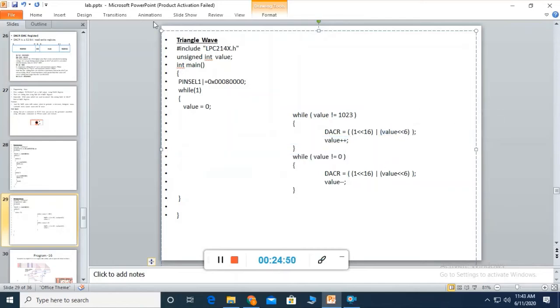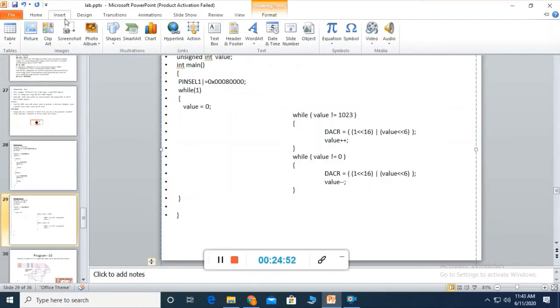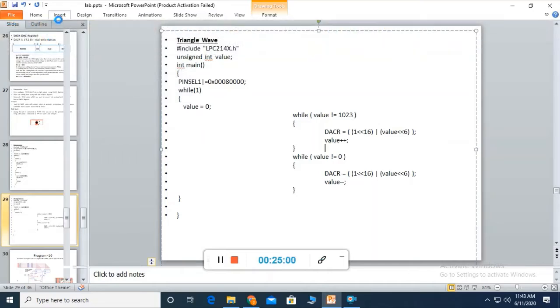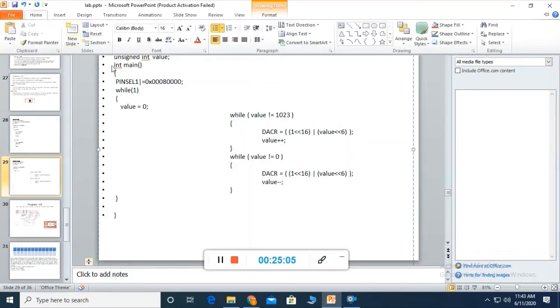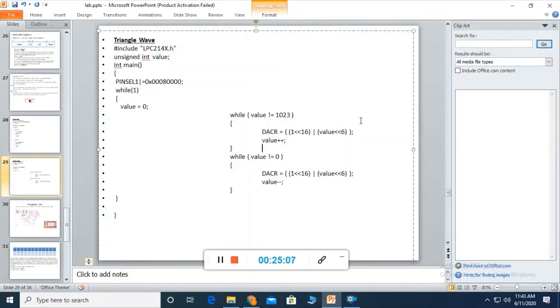So we need to linearly increase. We need to have a linear transition. So we use an increment of 6 and we make sure it is not exceeding 1023. So you get the rising edge of your triangle,